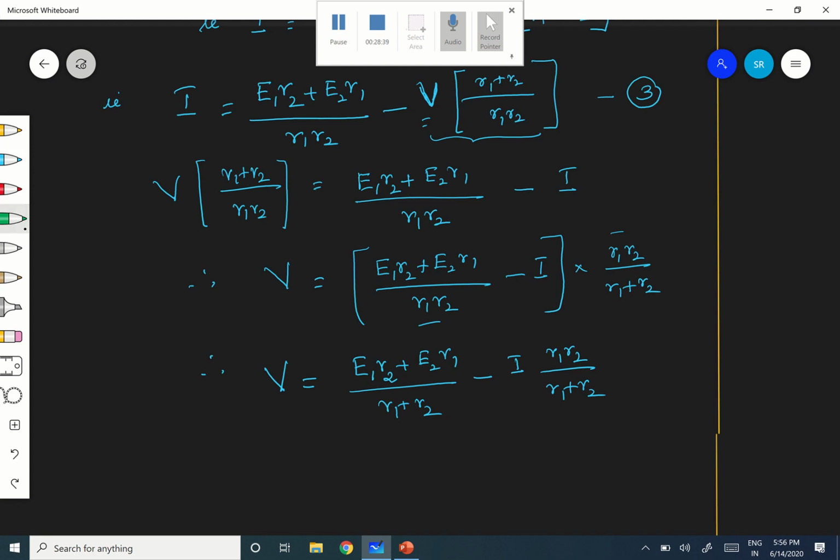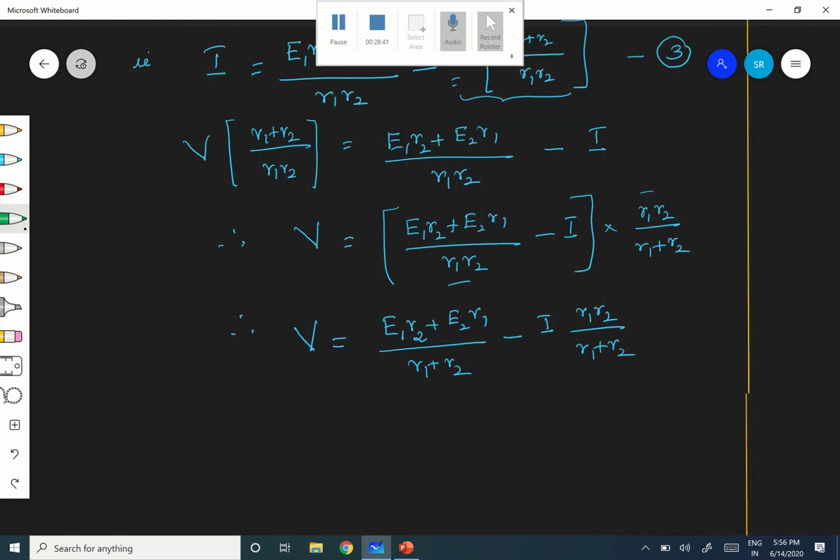Therefore, the same thing whatever we did for series combination, now I am going to do here also. I am going to replace both the cells in parallel, the first and second cell. Both are between the points A and C now. So I am going to replace it by a single cell so that the effect is the same.